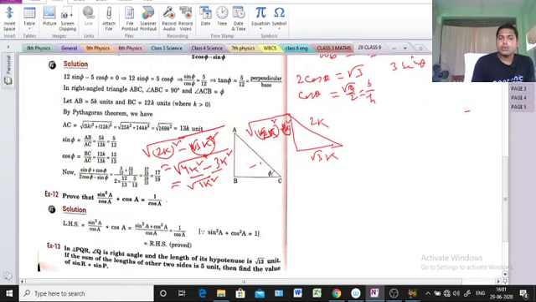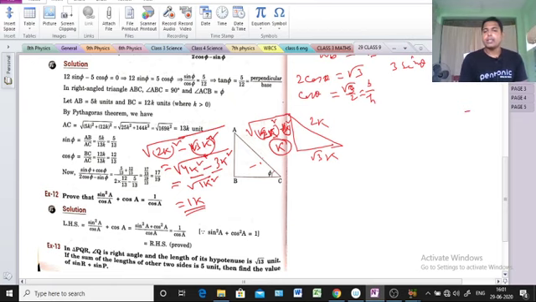So root of 1k square means root 1 is 1, and root of k square is k. That means 1k, but we won't write the 1, only k. So that is the perpendicular. By the Pythagoras theorem we are getting perpendicular equal to k only. Clear? So now we are getting three sides. Now put the values. We need sin theta now, for 3 sin theta minus 4 sin cube theta.